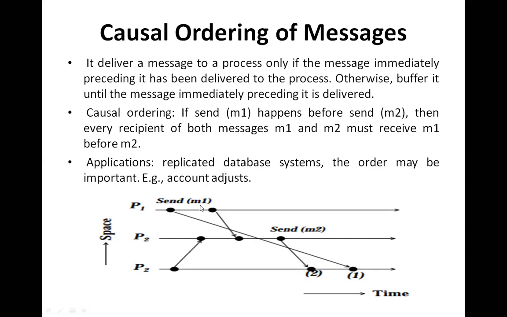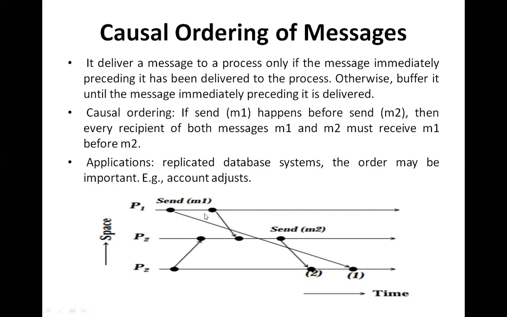So if they are sending M1, which is sent by process P1 to P2 and P3, they must be received before, and before receiving this message M1, all these processes must have received all those messages which had happened before the sending of